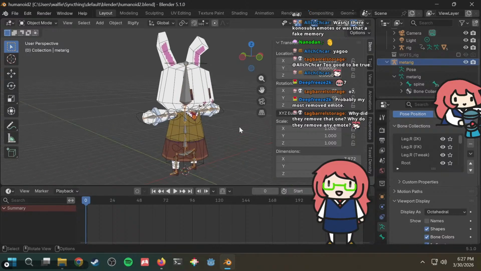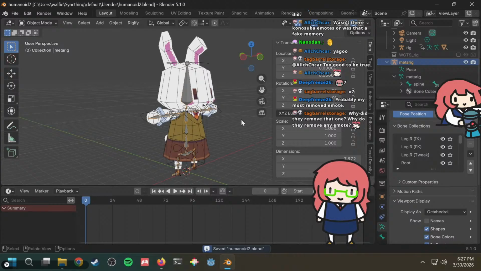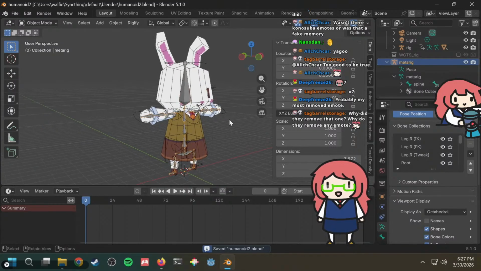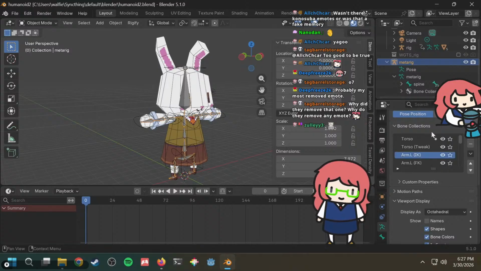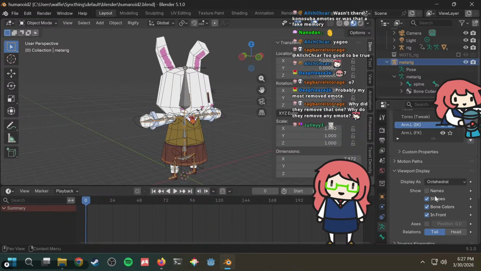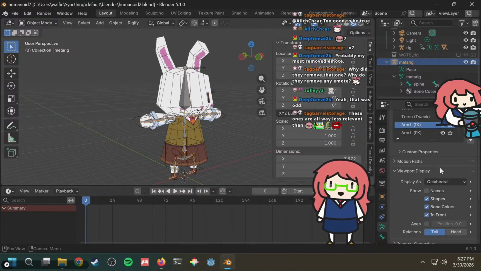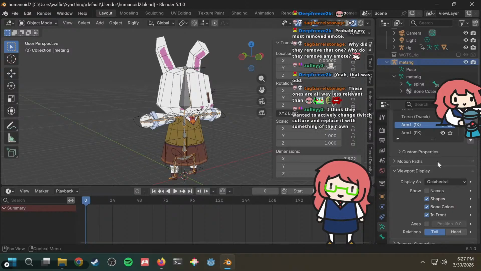He said they don't have to pay me for it. But they still removed it? I don't know why they removed it. Now. Enfield now? No. These ones are way less relevant. Meat Boy.